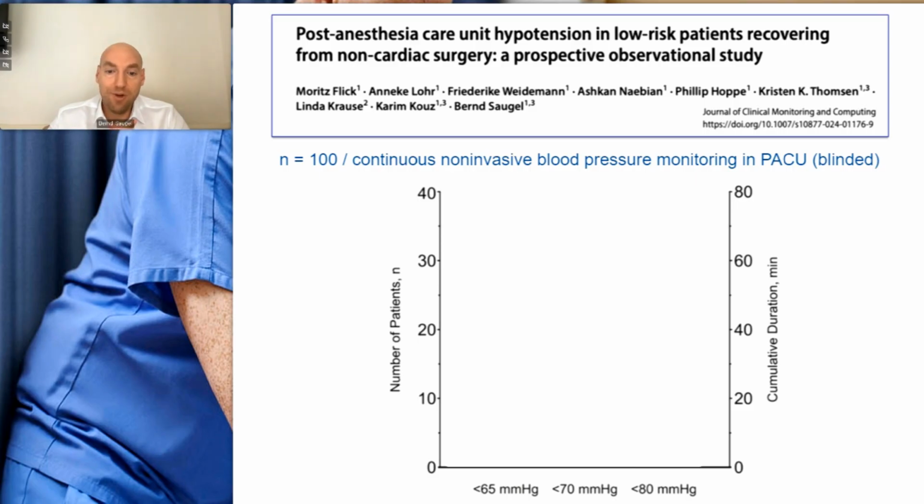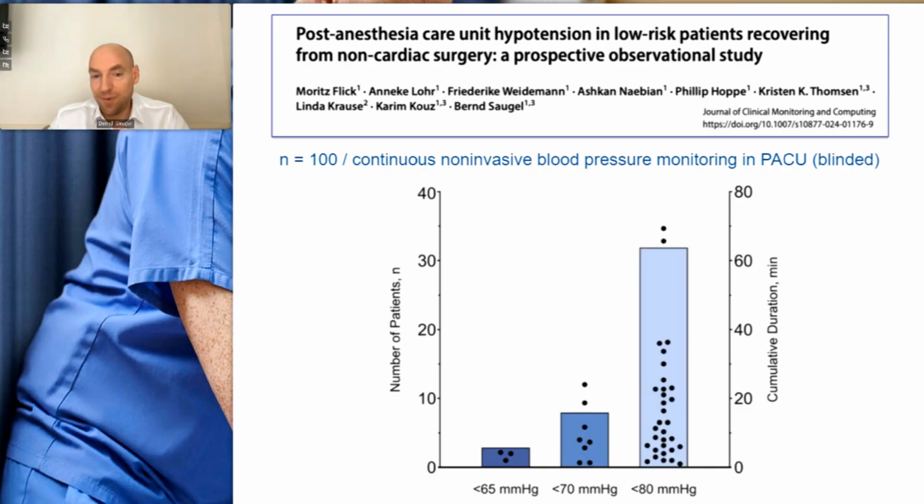And we found that hypotension in that setting is relatively rare. Very few patients had mean arterial pressures below 65, and also blood pressures below 70 were relatively rare. And therefore, I do not think that the post-anesthesia care unit is an area we especially need to focus on,